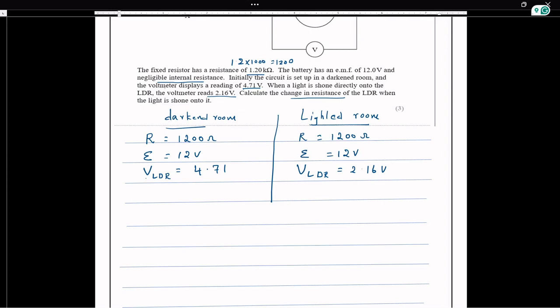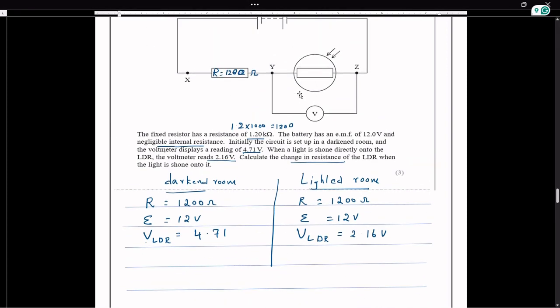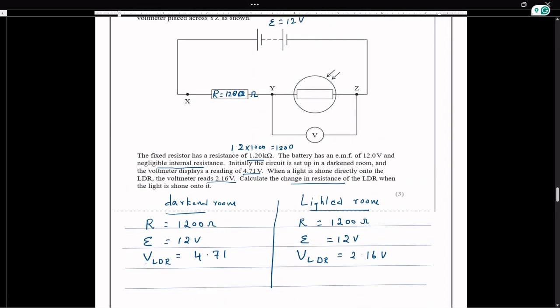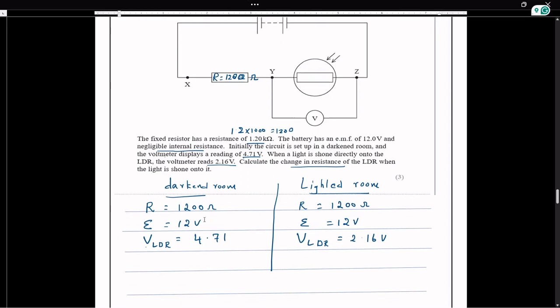Now the question is, calculate the change in resistance of the LDR. Change in resistance, so the resistance calculation we have to do. Now let us have a close look at the circuit again. When it is in the darkened room, we don't know how much the resistance of the LDR is, but the voltage is given. So in the darkened room,